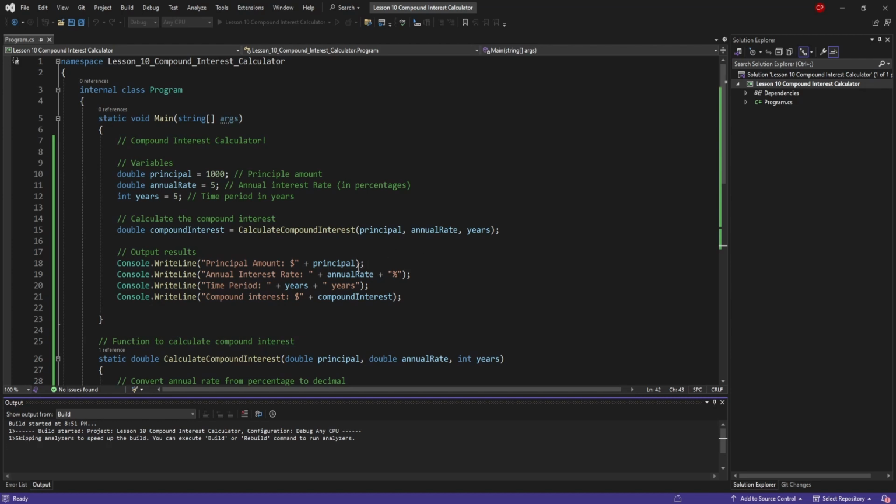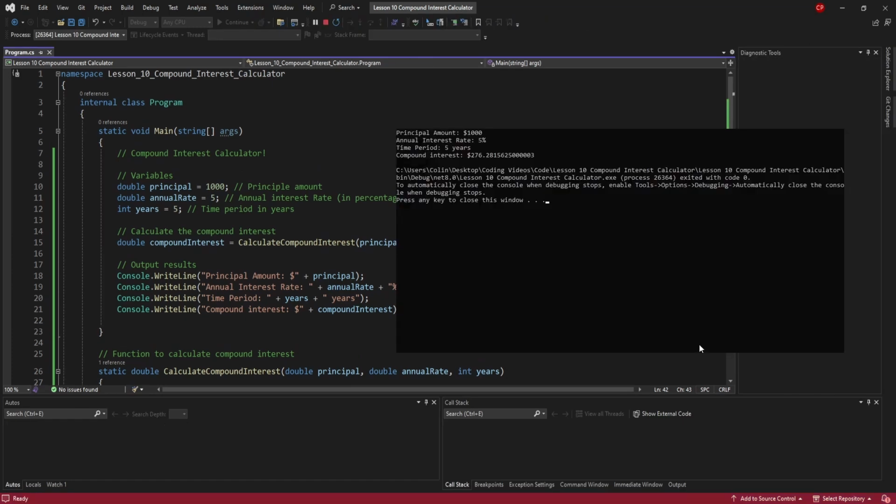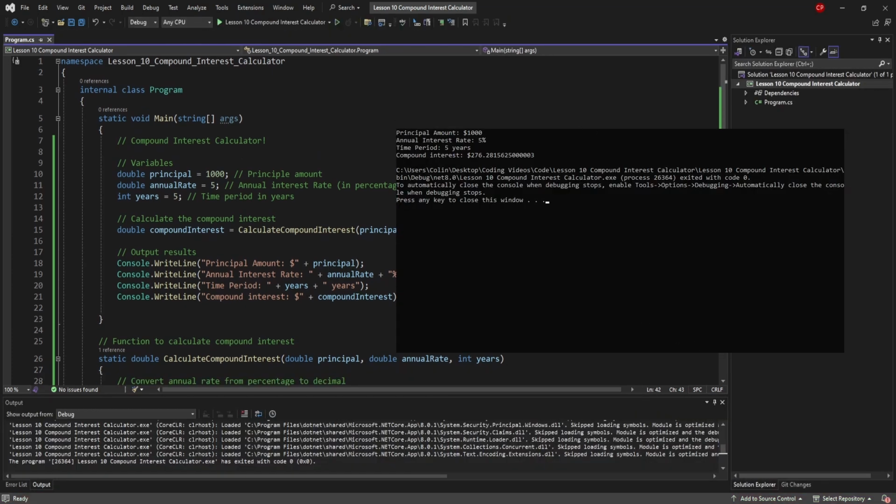Any day now. It'll run. It's going to do that. Bam. I told you it was going to run, boys and girls. Okay, so what do we got? Principal amount is $1,000. Bam. We got annual interest rate 5%. Bam. Time period, 5 years. Bam. Compound interest,